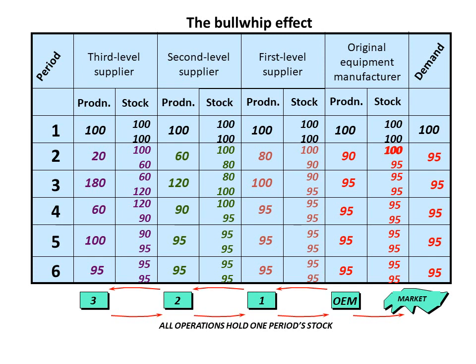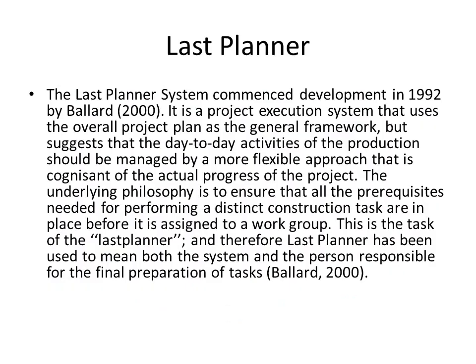through the supply chain. So the original equipment manufacturer cuts back production. Because they had 100 in stock, they only make 90, so they've got 95 for next time. Because they've only made 90, this supplier cuts back to 80. This supplier now only makes 60, this supplier now only makes 20. So if you work that through, that's the infamous or famous bullwhip effect, which we're trying to get rid of in supply chains through open communication and transparency. If everyone stocks up on stock and doesn't know what the customer's doing because there's no communication, this is what would go on. That's the bullwhip effect. We looked at